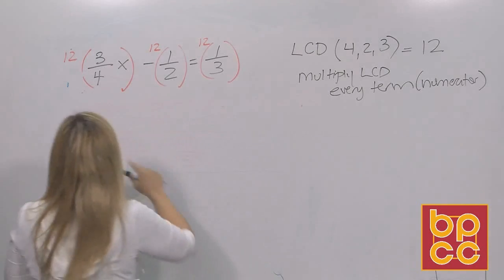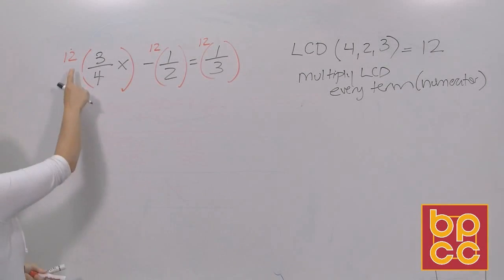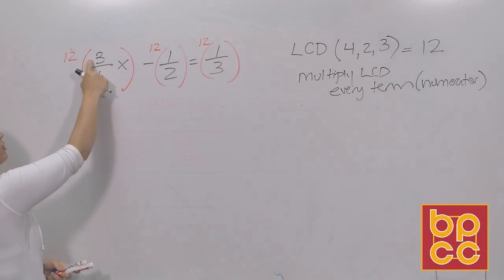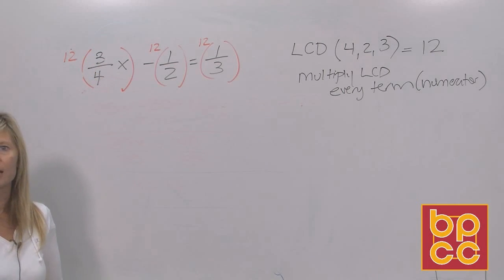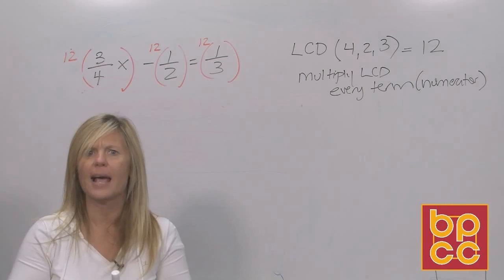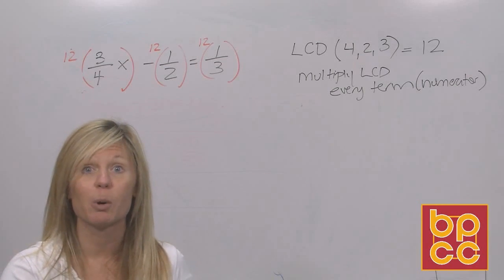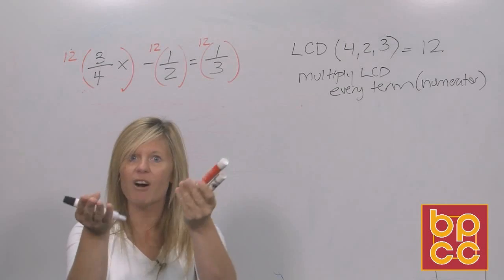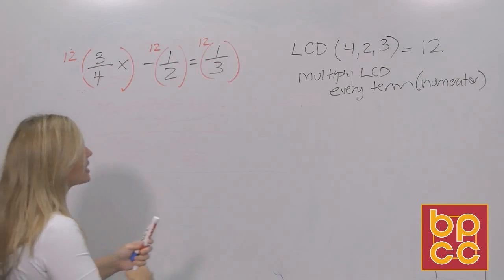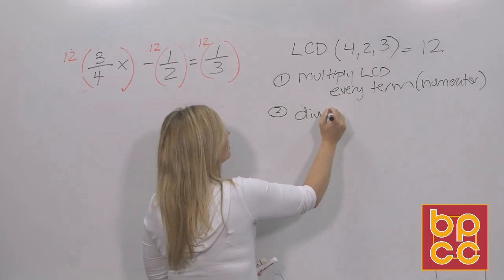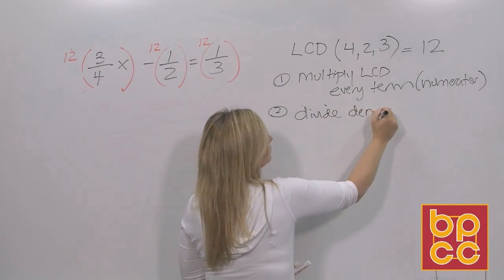So if you remember from elementary algebra, I can multiply first, do 12 times 3 and get 36, but then 36 divided by 4 is 9. Why multiply and make the number bigger first when you could divide and make it smaller? So because multiply and divide are equal, you'll always see us, the next step will be to divide the denominator